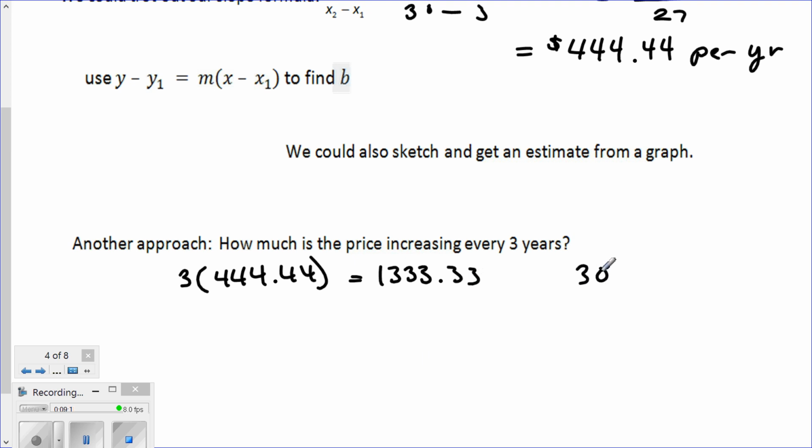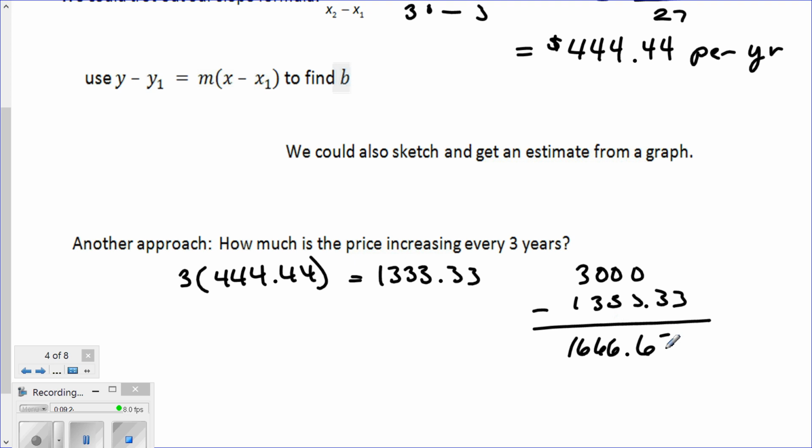We know when it's 3 years old, it was worth $3,000. So if we subtract that increase, we get that the painting was worth $1,666.67 previous to that, and 3 years previous to that would be when the painting was new. So this is our initial value